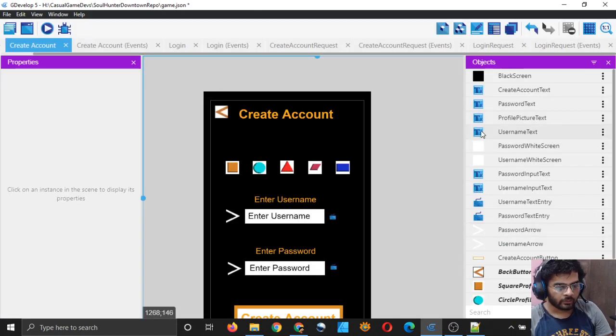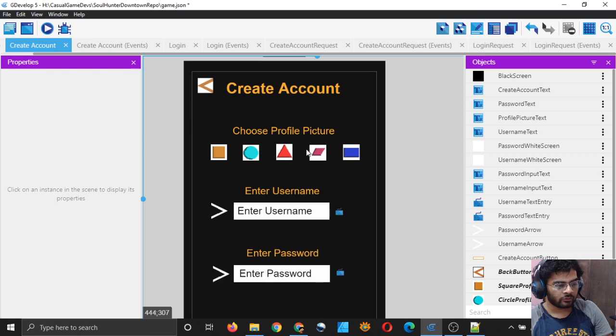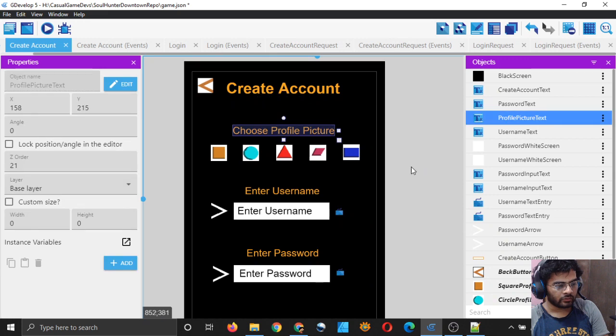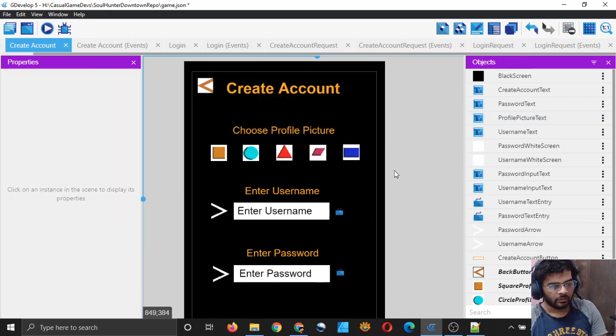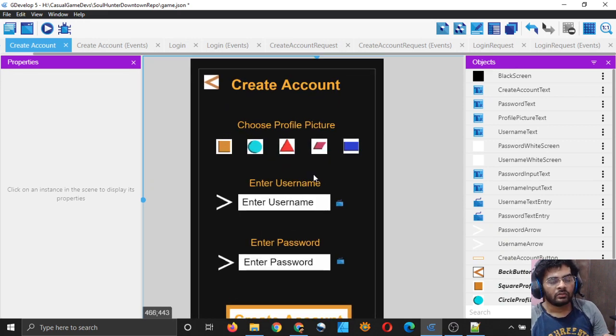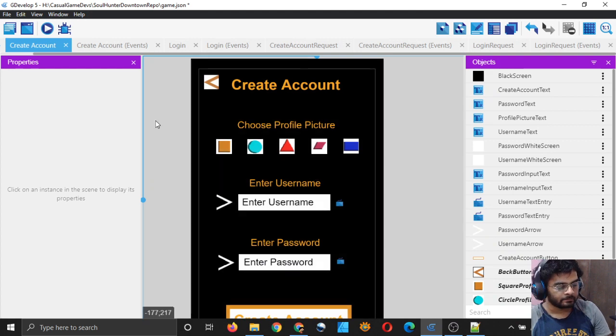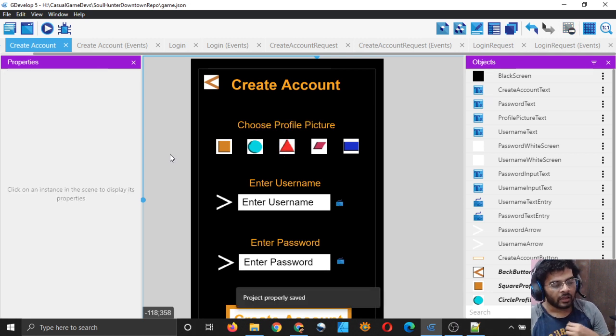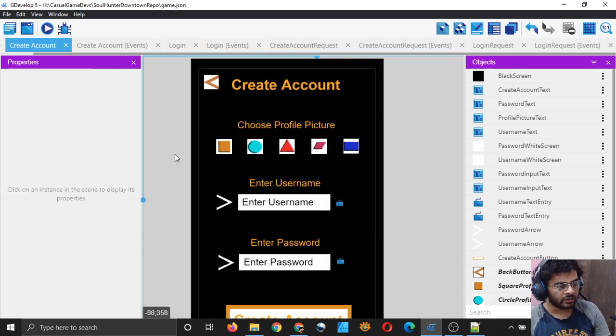So they will get to choose a profile picture because we have predefined profile pictures. We are not letting the user upload their own profile picture, so they will have to choose one from this, right? So that's good. Choose a profile picture, they will choose one, but whatever they choose, we will be changing their profile picture variable accordingly, right? So I will also have to make something to signify which one they have chosen.